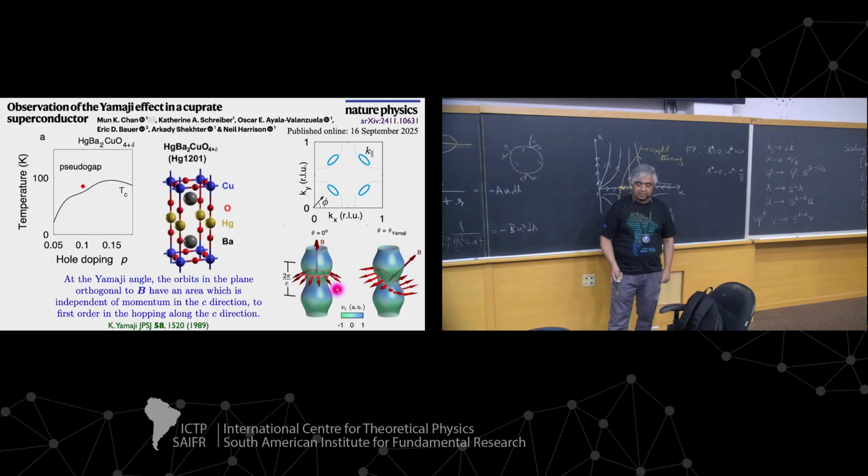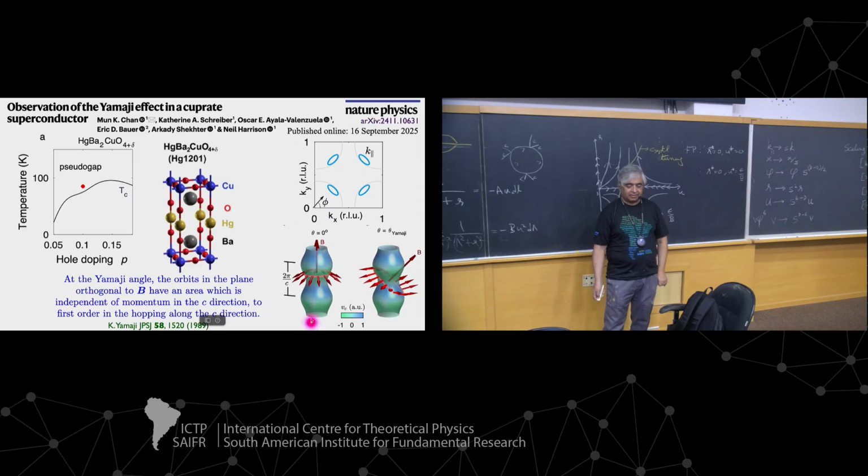Okay, so what is this warped thing, warped cylinder? Well, let's assume that there's actually a pocket, because every theory has them. So there are these pockets, and then they tunnel in this direction. If they tunnel in this direction, there'll be a cosine band in the z direction. So these pockets, as a function of the momentum in the z direction, will warp. Okay, so that's this warped ellipse.